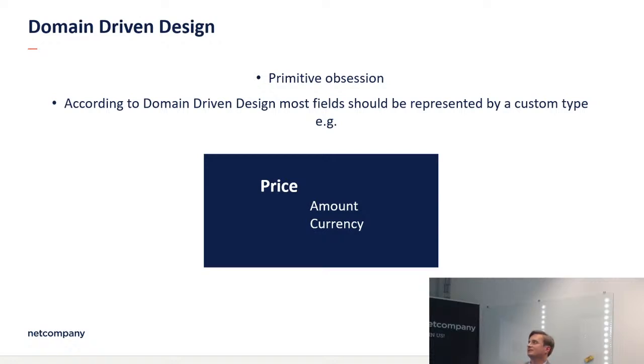For example, if it's a price, it shouldn't be a decimal or a big decimal in Java. It should be a custom class called price with amount, currency, and I don't know, conversion rate, or the date when the conversion rate was updated, and so on. Because you should include as much as possible.